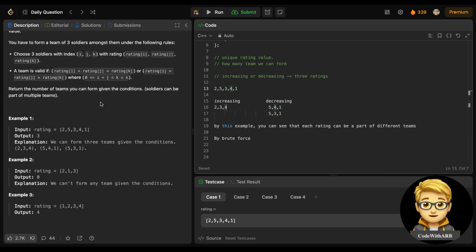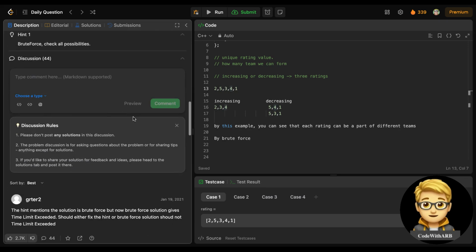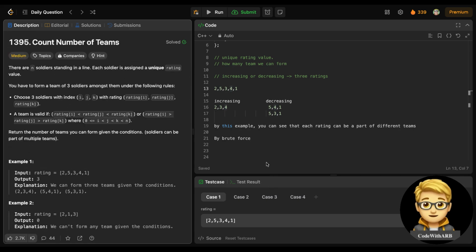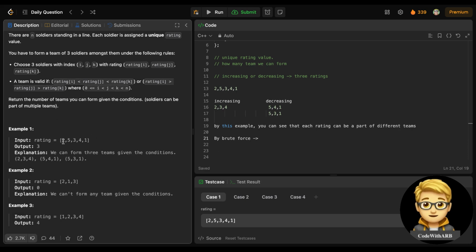And the hint given here is that brute force is to check all possibilities. But if you check all possibilities, this will give TLE. Why am I saying TLE? Because if you try to use brute force, first what will you do? We need three ratings, so you will choose 2, then 3, then 4, right? Because for trying all the possibilities,